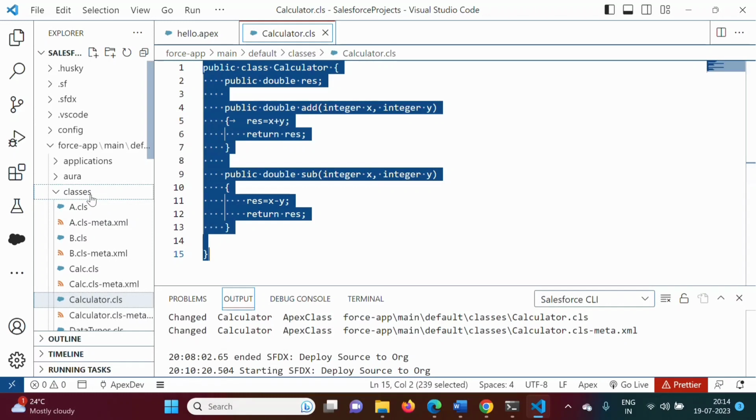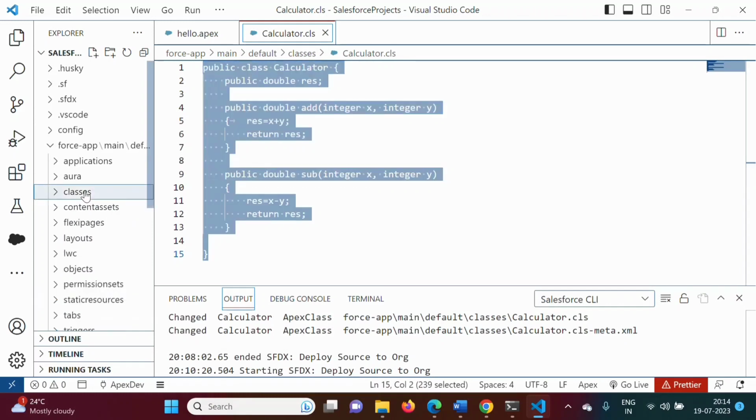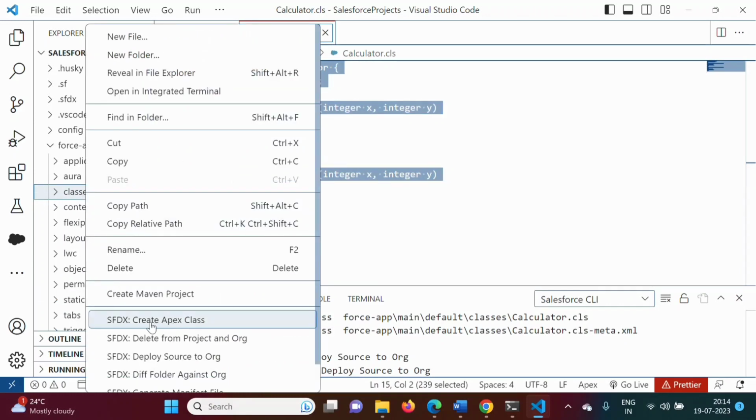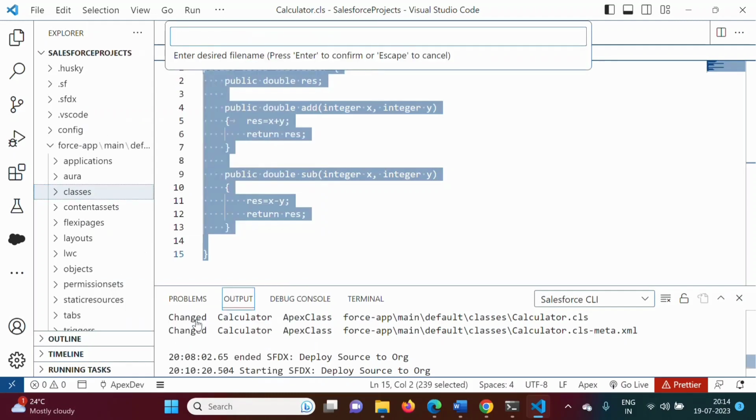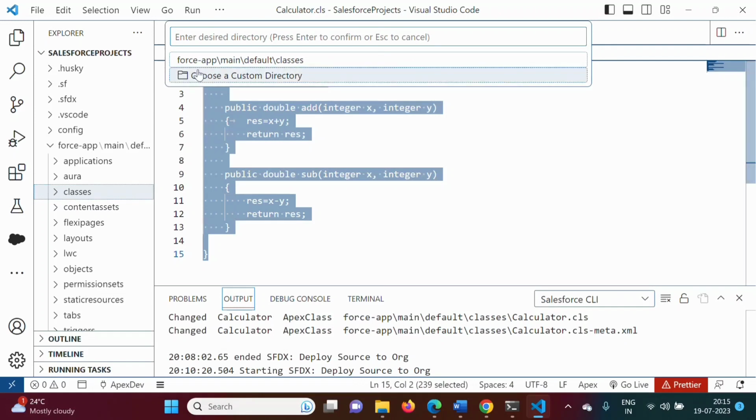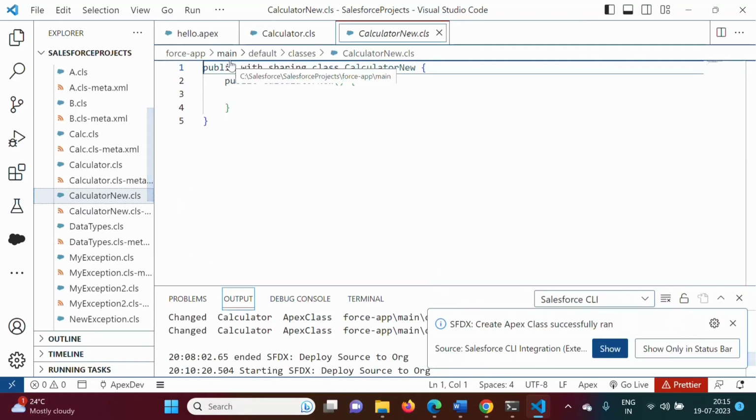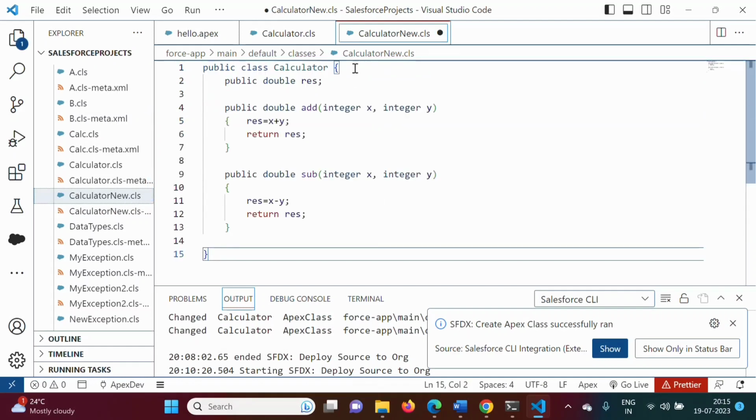So see, here we have classes, right? Select this, right click on this. Here we have the option Create Apex Class, right? Click on this. Give some name. Suppose I am giving CalculatorNew, something like this. Enter. Directory, so the same directory we will choose. Okay, so see, this class is added, right? Now see, we have added this code,